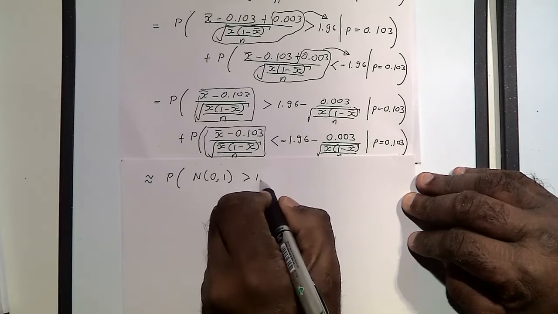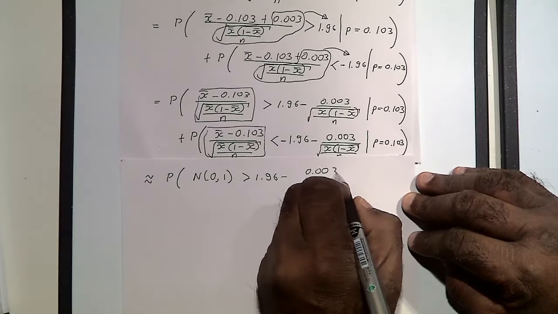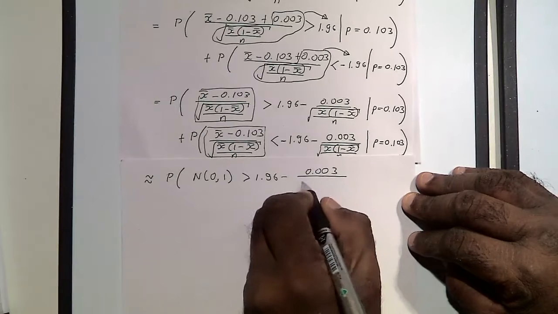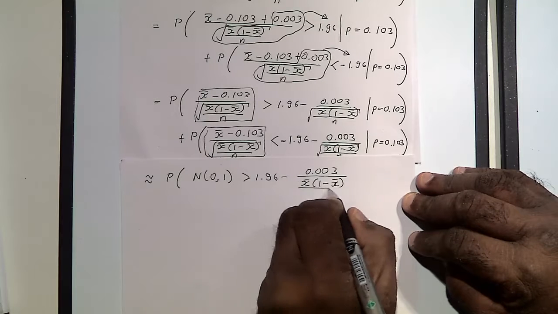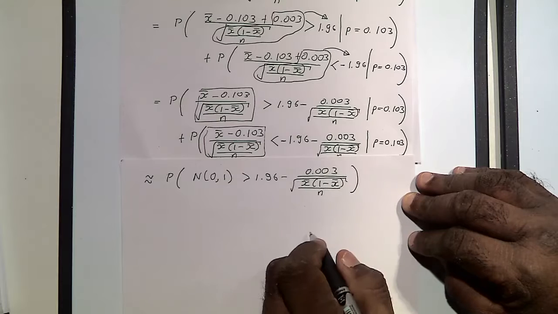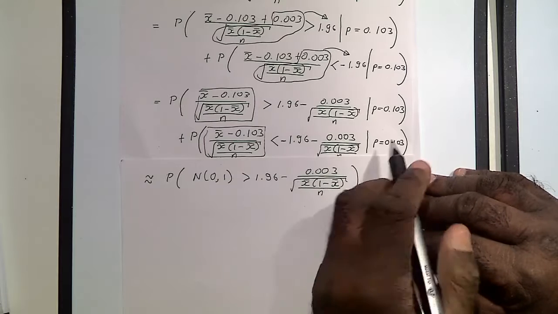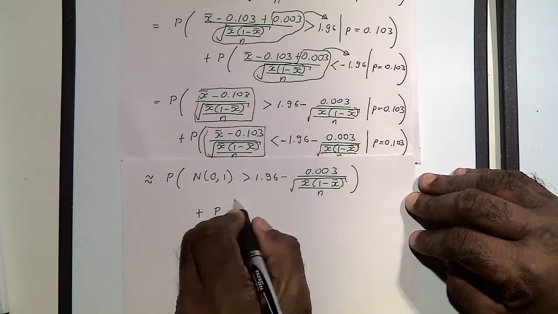So this will become N(0,1) greater than 1.96. Once again, I have removed the conditioning because I have used the conditioning to argue the approximate normality, so I no longer need it, right? Plus the probability that